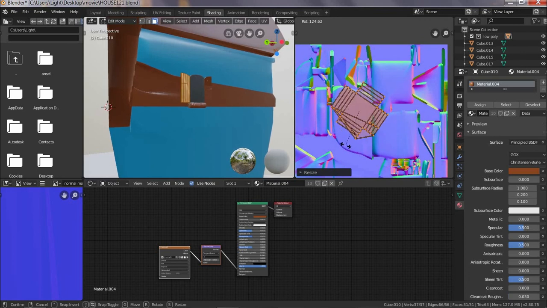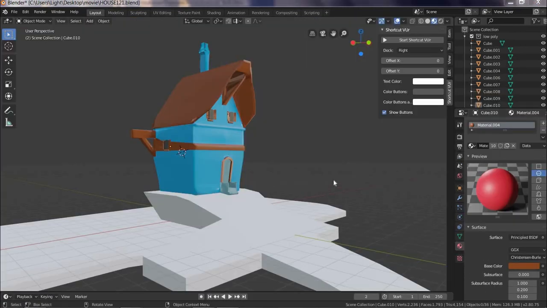All those textures are made with materials using brown and blue color.